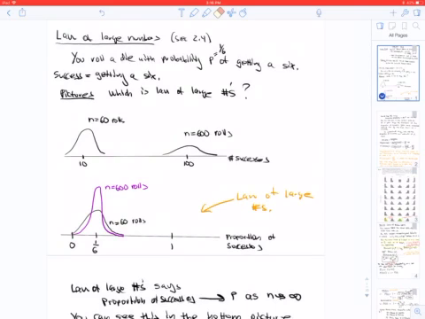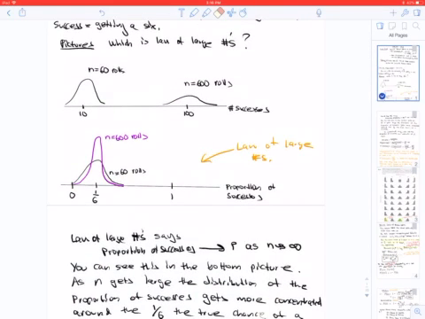So the law of large numbers is captured by one of these two pictures, and it's captured by the bottom picture. So in the bottom picture, it's about the proportion of successes. So let's say that you are rolling a die a certain number of times. The chance of getting a 6 is truly 1/6. Now the proportion of successes that you get when n is 60 will be a broader distribution than when n is 600. That's the law of large numbers,